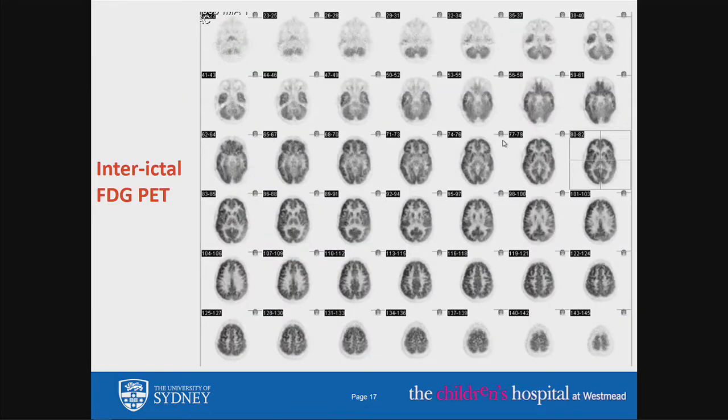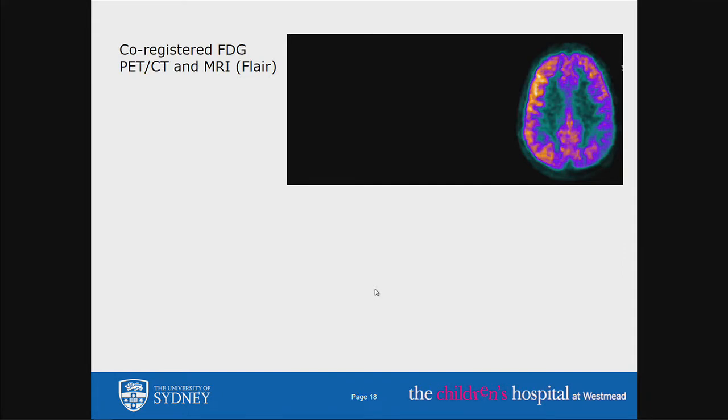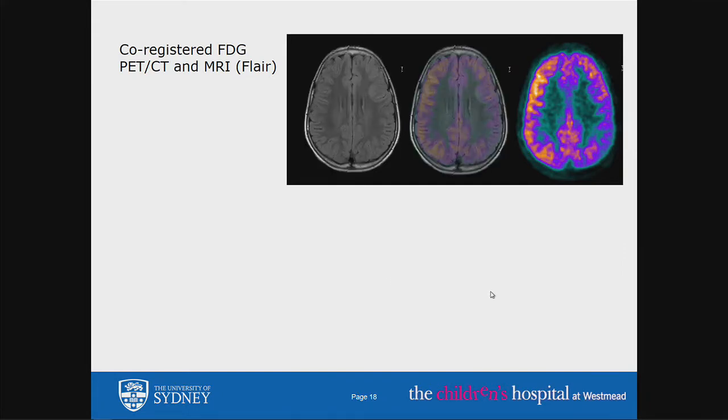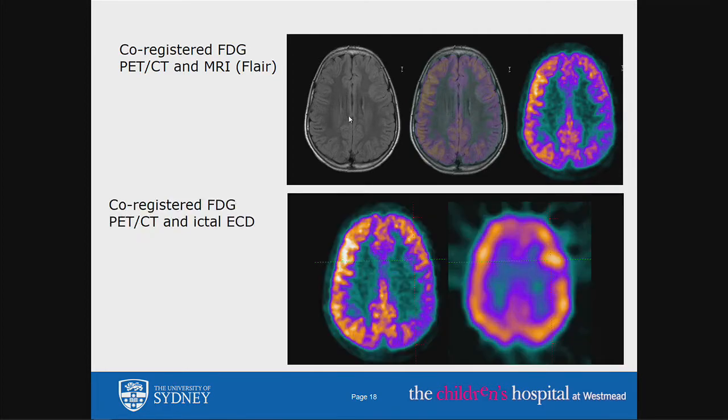occurred. The interictal FDG scan, harder to read. If we look a bit more closely, you can see there's some subtle changes out the back here. With the aid of co-registration, part of this region of hypometabolism on the interictal PET localizes to this rather abnormal looking gyrus in the left frontal lobe. And when we register that to the ictal ECD, quite nicely localizes,